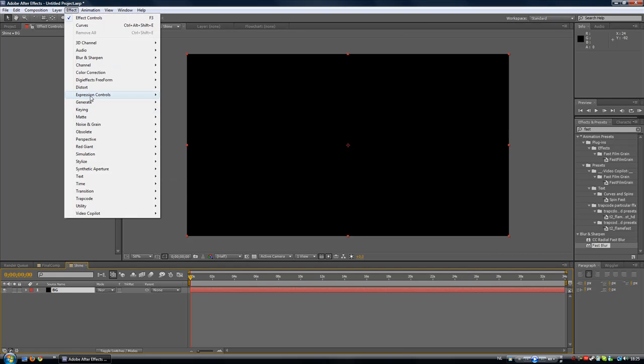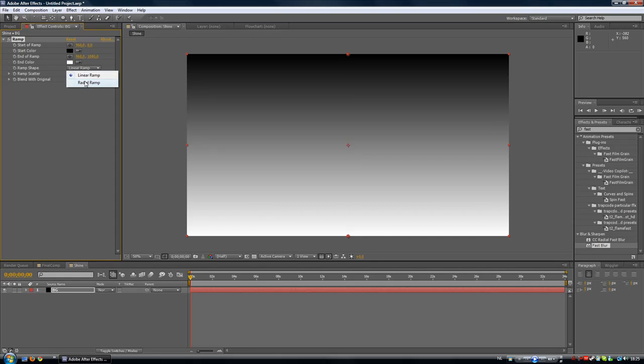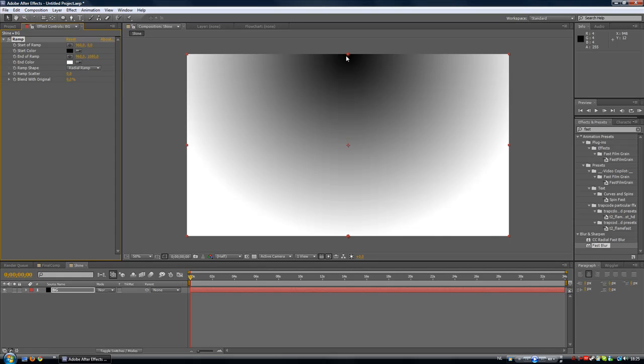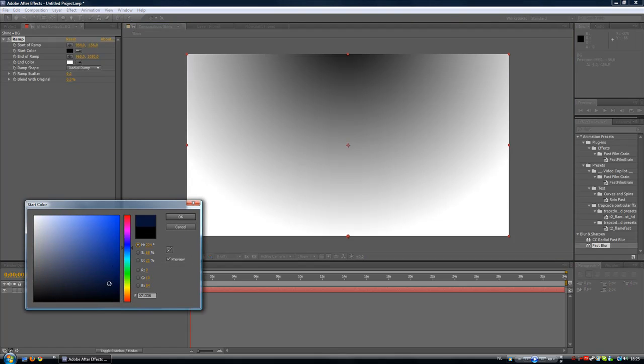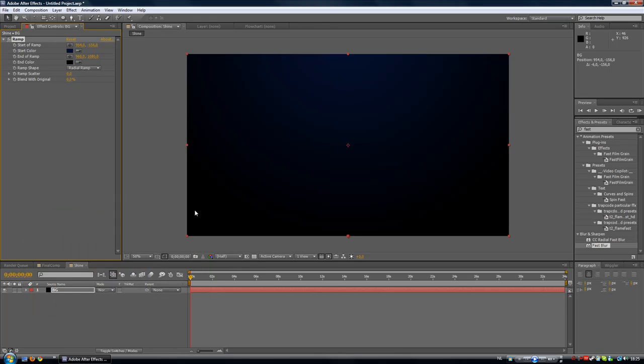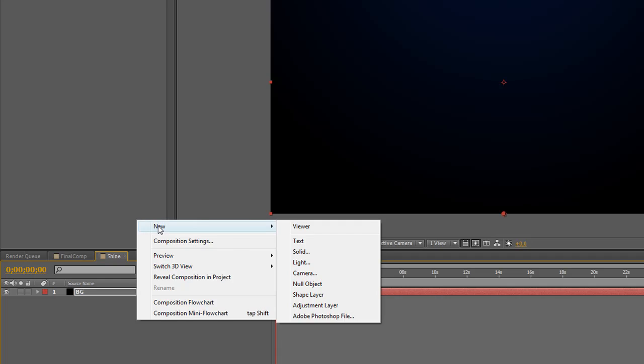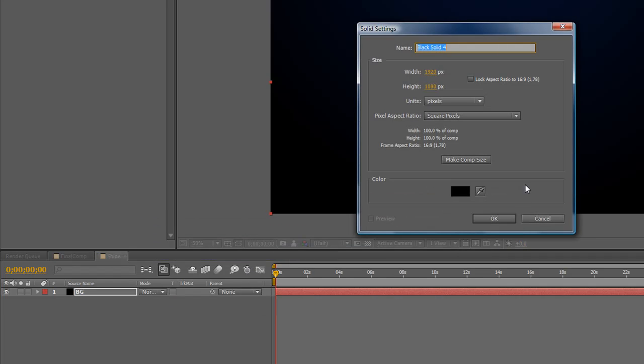Go to Effect, Generate, Ramp, and a radial ramp for this one over here. Bring this up, change the color to a really dark blue, and the white color we're going to change to black. So we have our background already set up, and we're going to create a new solid for later,